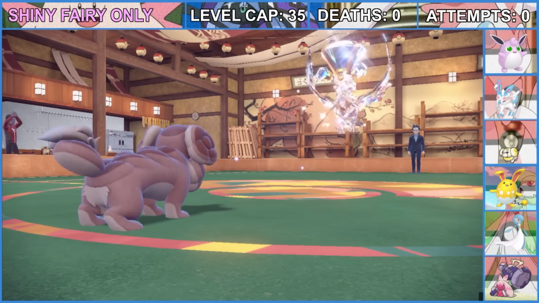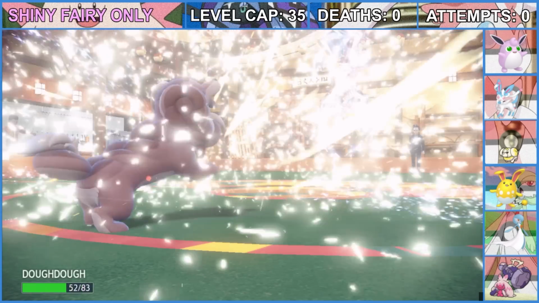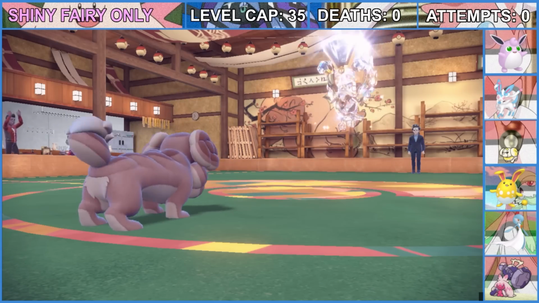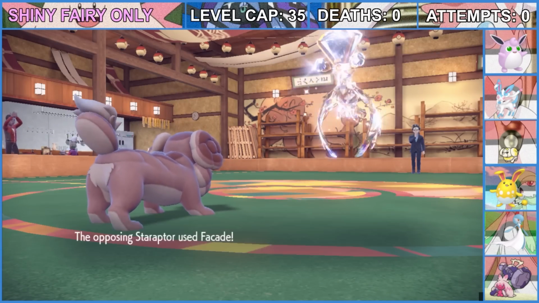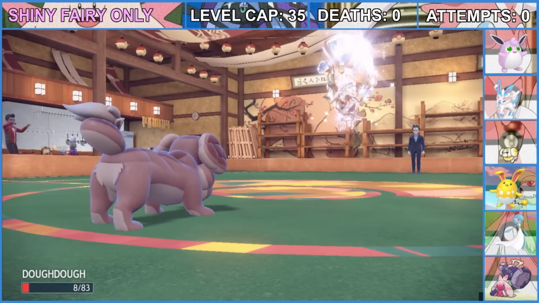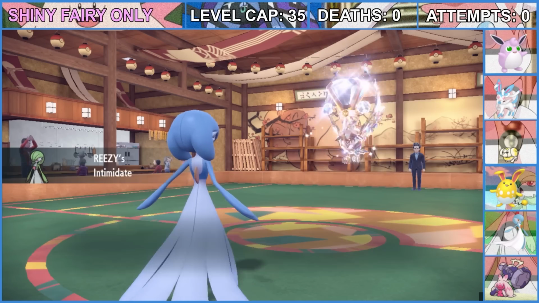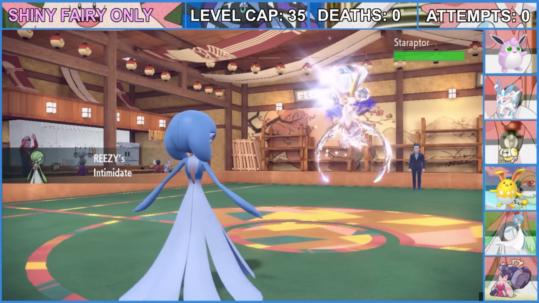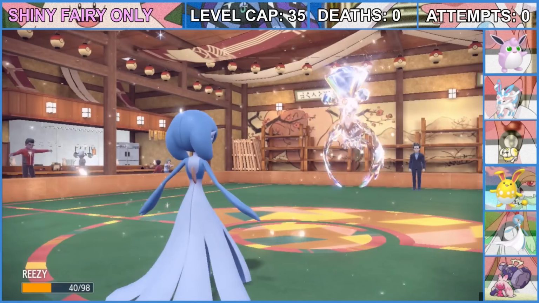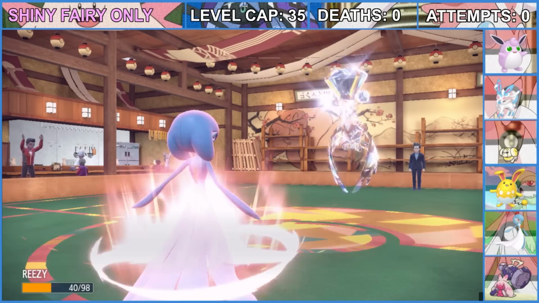Luckily, we're able to use Baby Doll Eyes, the move that has priority, while Larry uses Facade. It does a shit ton of damage to us, but we're able to use Baby Doll Eyes again, dropping Staraptor's attack another stage, barely surviving on 8 HP as we're able to swap Reezy in. And Reezy has Trace, meaning we're able to Trace to Intimidate and drop Staraptor's attack again. Here, we take another Facade. It does a shit ton of damage, but we manage to get a Calm Mind up, meaning we're 50% stronger